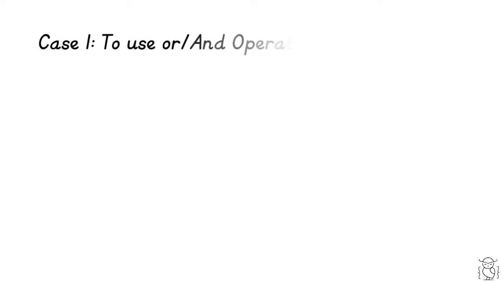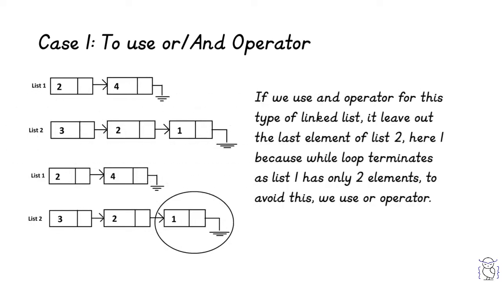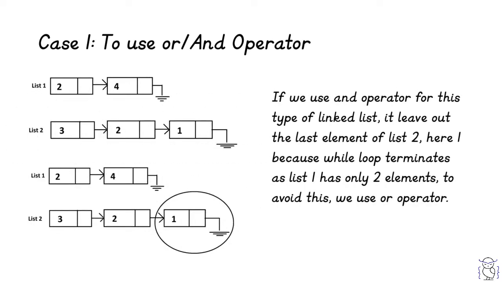Now we want to continue to loop through our linked lists in order to add. So we should look into what termination condition our while loop should have. Let's see what all criteria we have to look for terminating. First thing is, if we want to go through our numbers, we have to loop through list 1 and list 2. But the confusion comes here: do we have to use the AND operator or the OR operator? We will clarify this with an example.